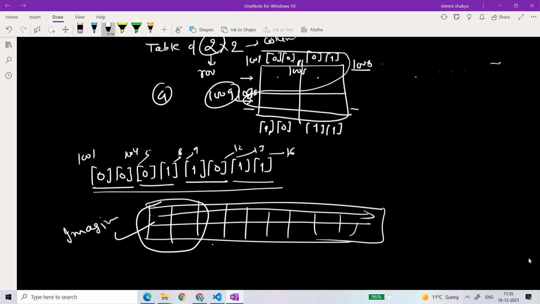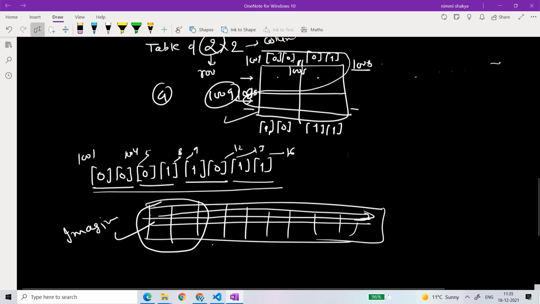So even if you are declaring a two-dimensional array which looks like a matrix, the memory arrangement is still not a matrix. You can imagine it as a matrix, you can imagine it as a table, but in reality, in memory, it is not going to take a matrix form, it is going to take a contiguous memory allocation. Okay, so this you need to remember.